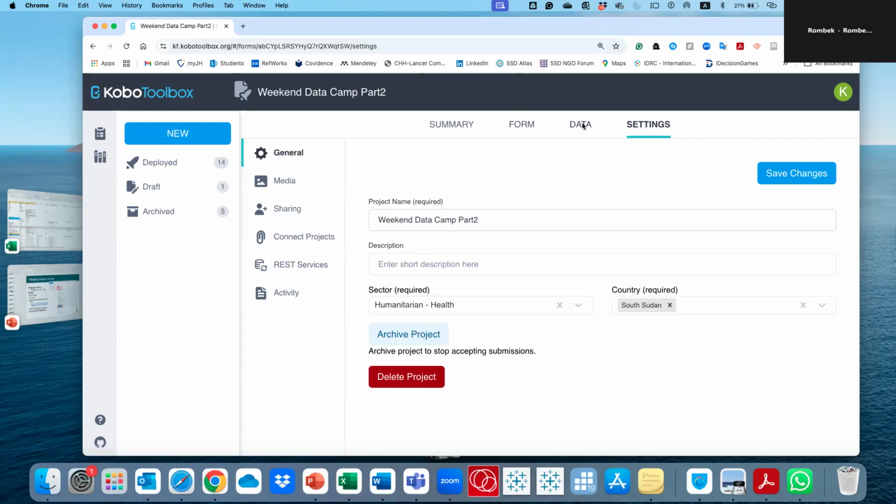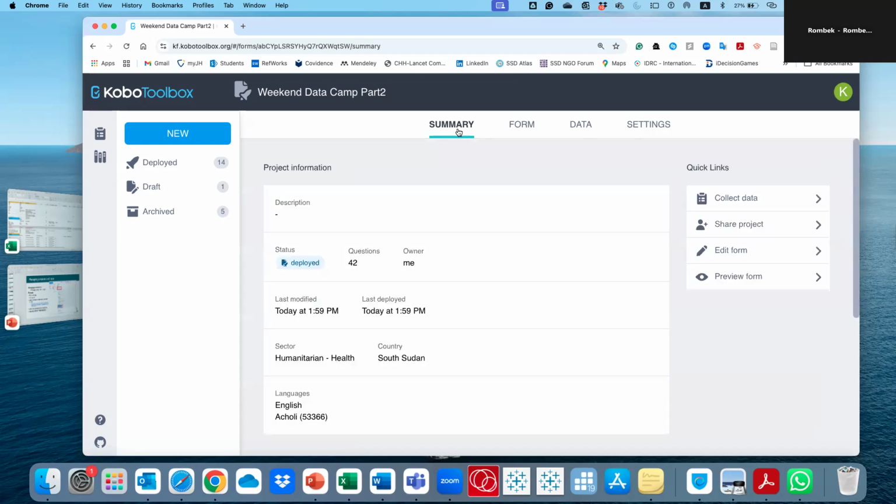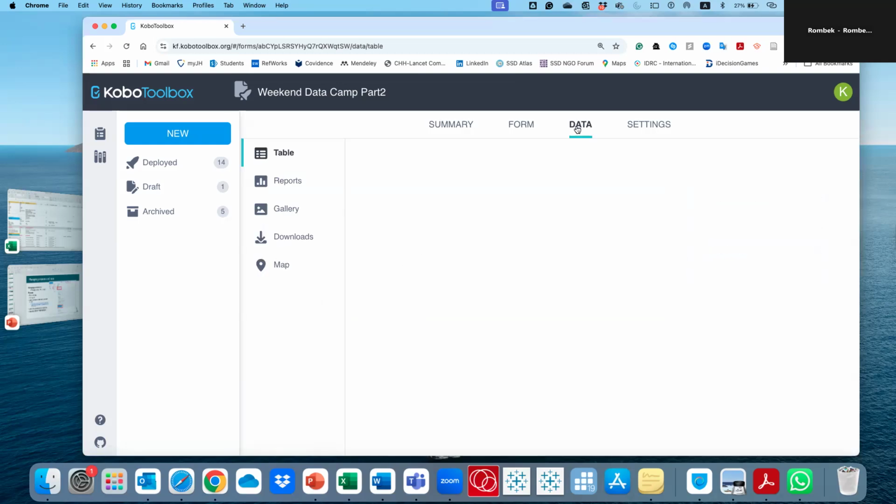Good questions, but KoBo doesn't really do detailed analysis other than it will show you...